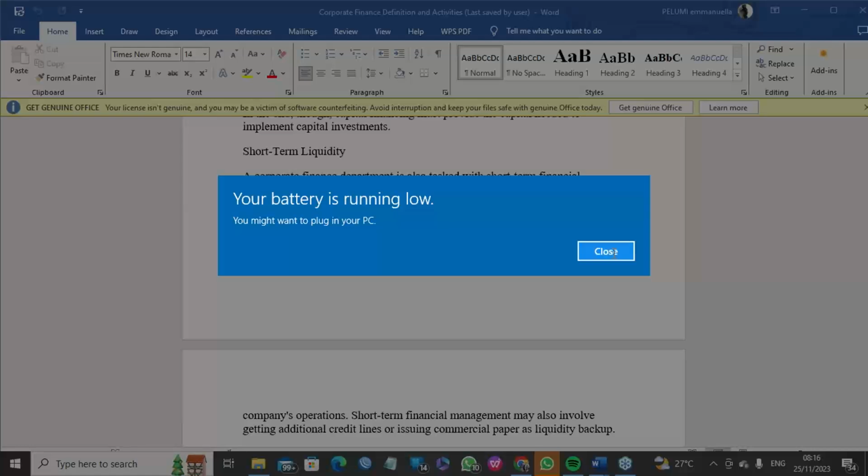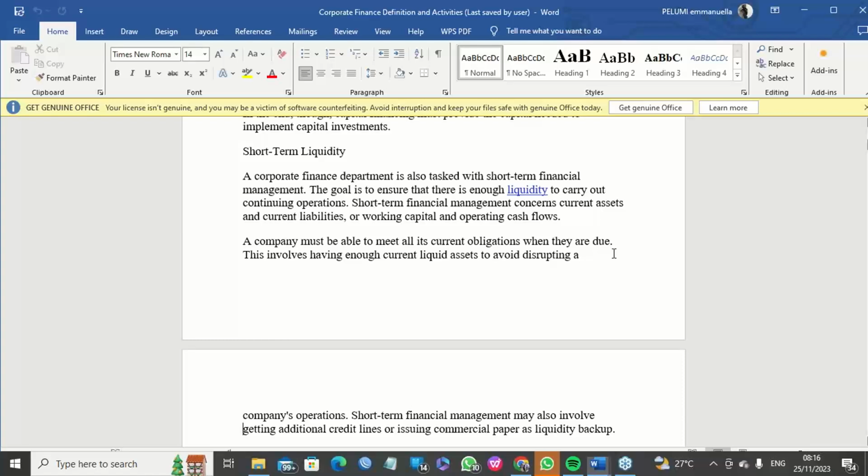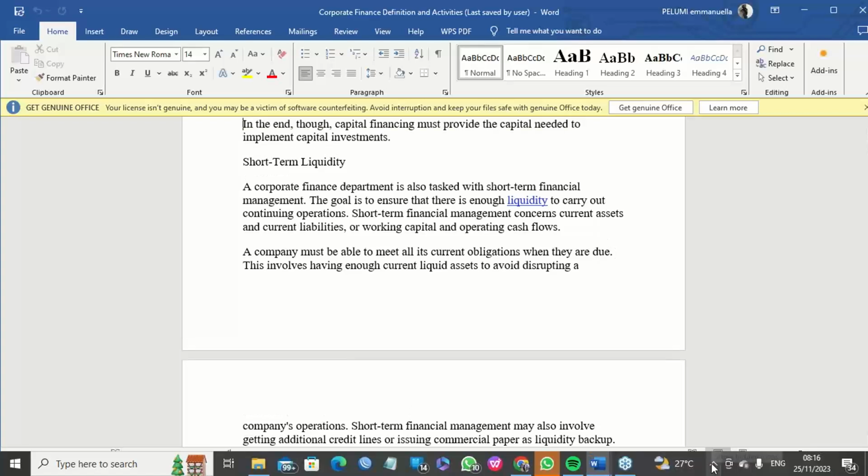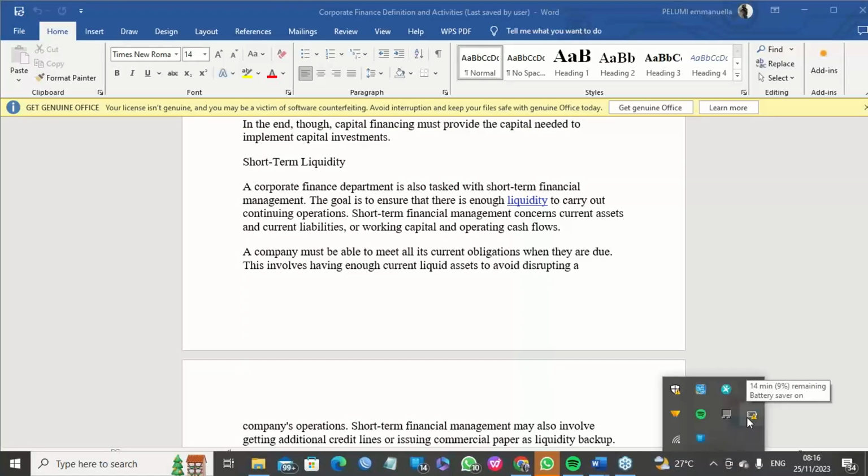So we look at it from that angle, and also we move on. Let's move on to the next thing, which is short-term liquidity. The short-term liquidity also helps us to have a